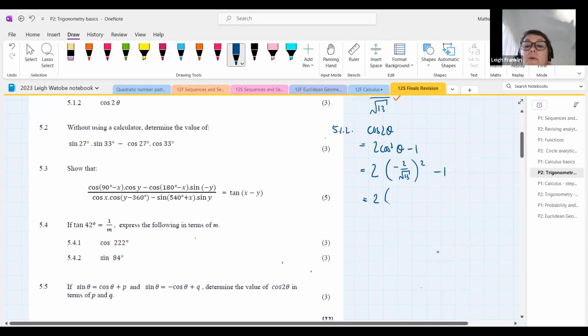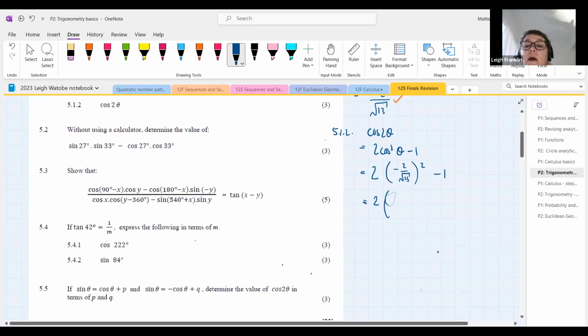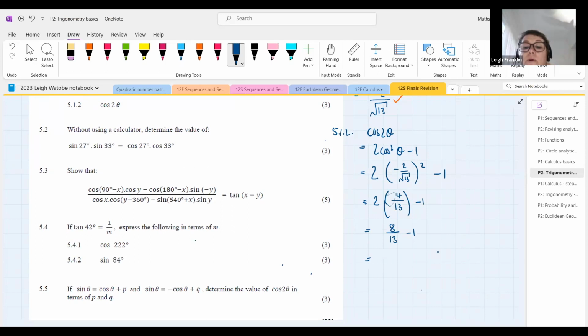This would now become positive. Whoopsie daisy. That would be 4. This would be 13, and then we would have to subtract 1. So that gives us 8 over 13 minus 1. So that would be 8 over 13 minus 13 over 13. That would give us negative 5 over 13